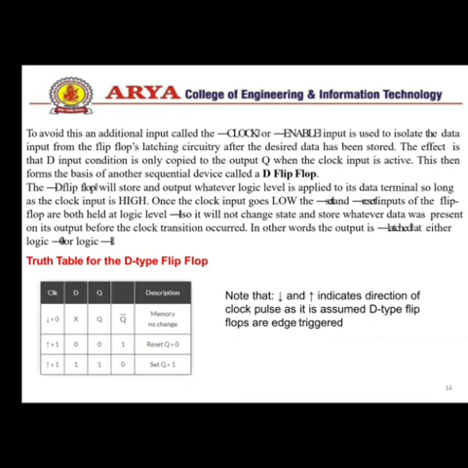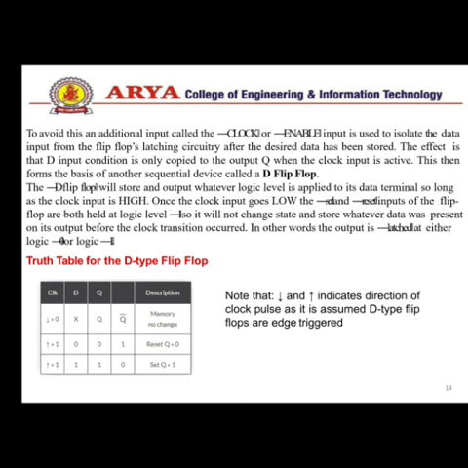In the D flip flop, when D equals 0 the output is reset, and when D equals 1 the output is set. So the output follows D when the clock is positive: when D equals 0, the output is also 0, and when D equals 1, the output is also 1. So it passes the data, and since some delay arises because of the clock signal, it is also called a data flip flop or delay flip flop.